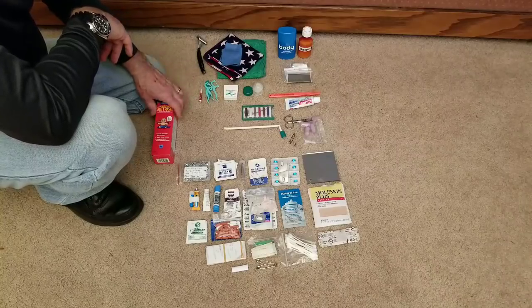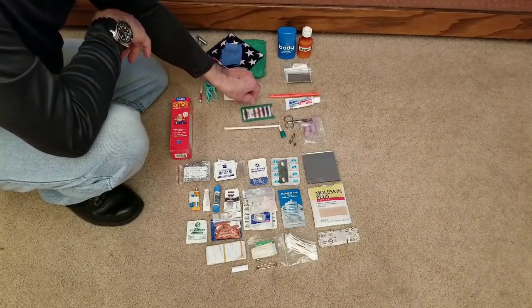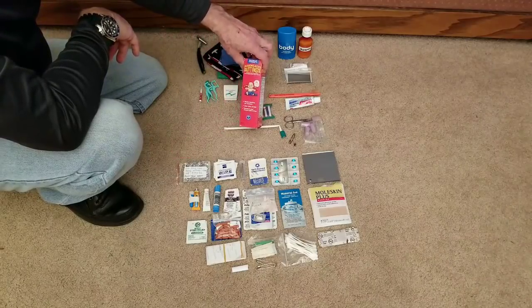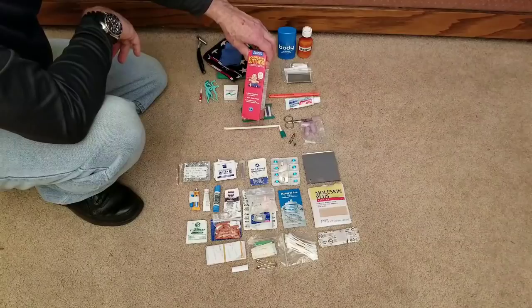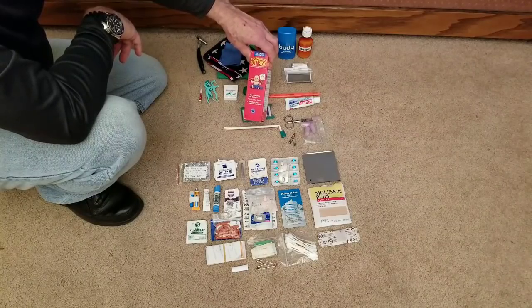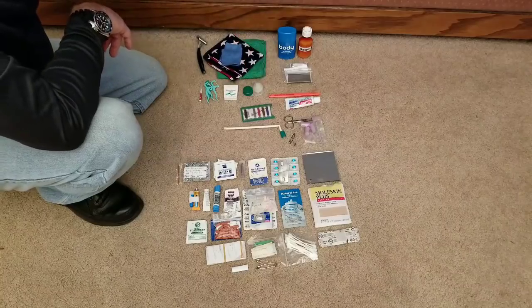And a little brush between the teeth. Toothpaste, toothbrush, a sewing kit for those times when you get a rash in your butt. Pick this 4-ouncer up. Obviously I didn't want to take all that along, so what I did, this is a